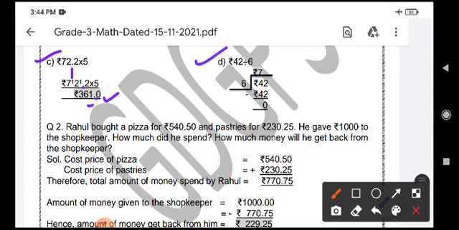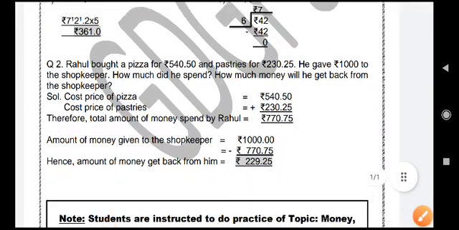Now D part is on division. Division of money is done in the same way as we do division of ordinary numbers. So you are told to divide 42 rupees and the divisor is 6. We will find 42 in the table of 6, 6 sevens are 42. So our quotient is 7, that is our answer as well. The result that we obtain in division is called the quotient. Okay, so 7 rupees.